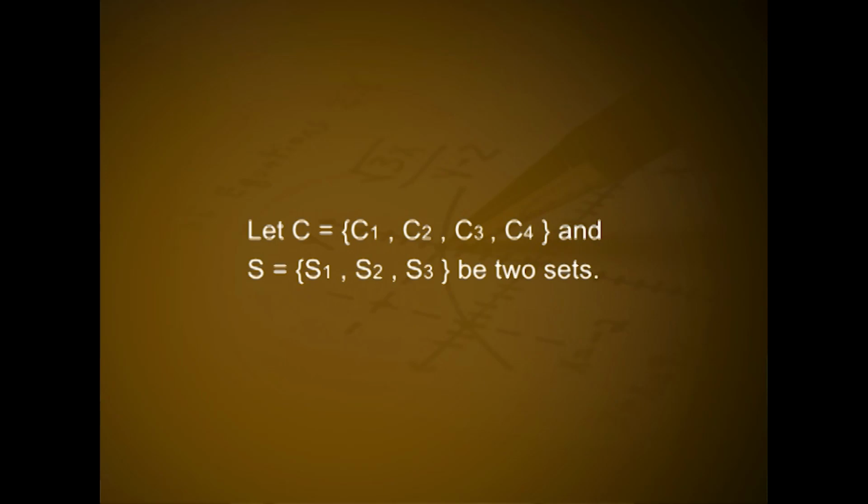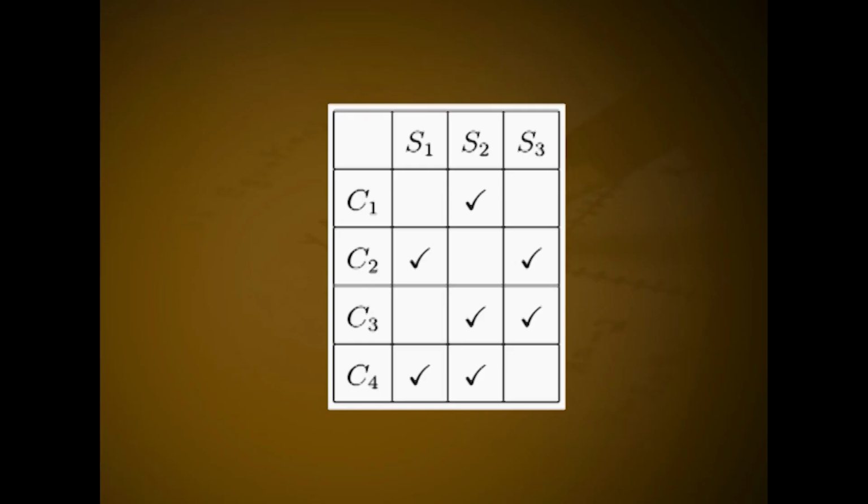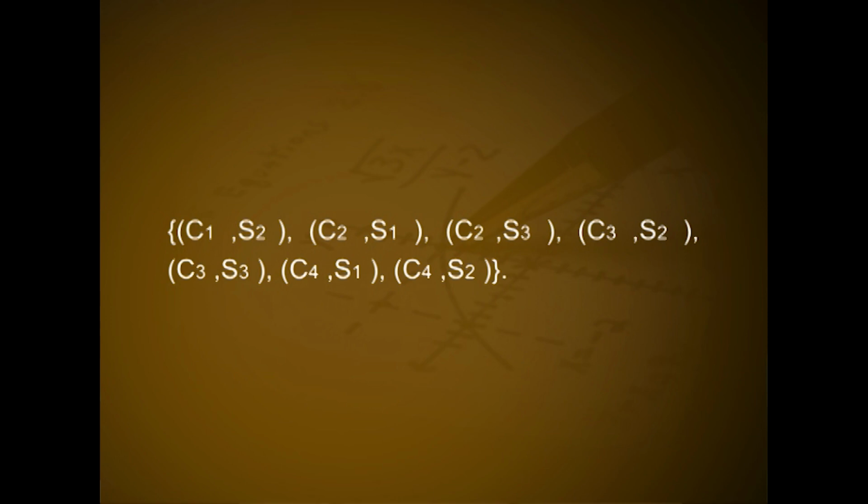Consider the following example. Let C equal the set of elements C1, C2, C3, C4 and S equal the set of elements S1, S2, S3, be two sets. Consider the following table. Here C1, C2, C3, C4 are arranged row wise, S1, S2, S3 are arranged column wise. We can see that there are check marks in the cells corresponding to (C1, S2), (C2, S1), (C2, S3), (C3, S2), (C3, S3), (C4, S1), (C4, S2). It is clear that there is a relation defined from C into S. It is represented by the set of all ordered pairs (C1, S2), (C2, S1), (C2, S3), (C3, S2), (C3, S3),